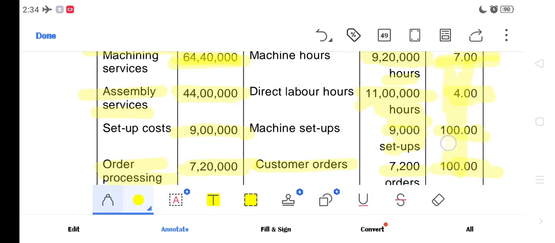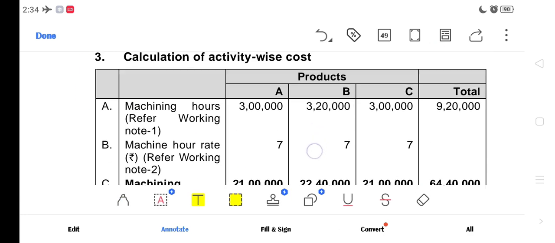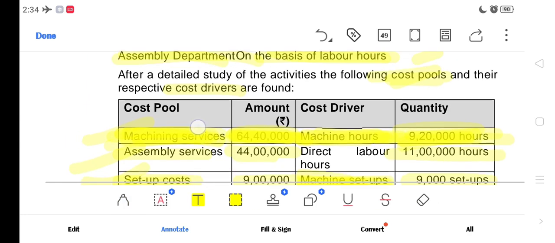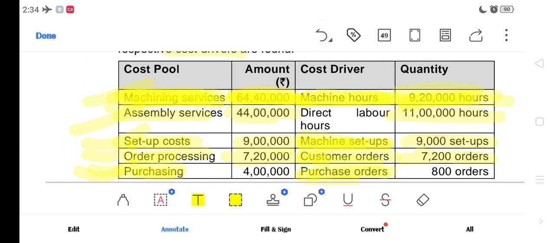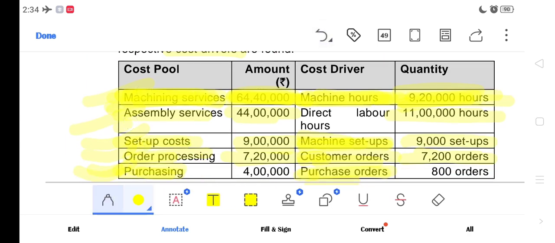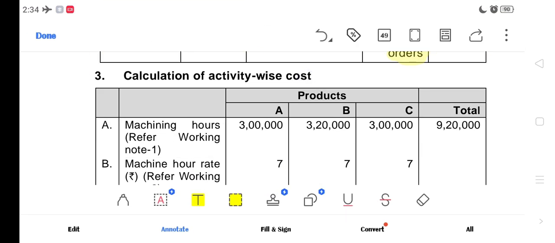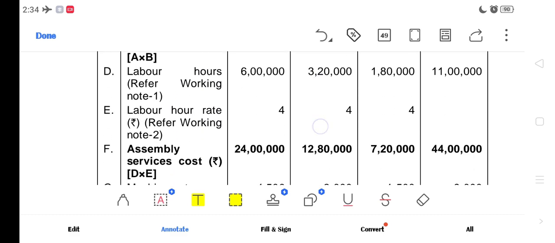This total information is mandatory, which means important, because while calculating the total overhead, these five only, no overhead means only these five, you have to add in the overhead cost. So for that you require calculation of activity wise cost. So